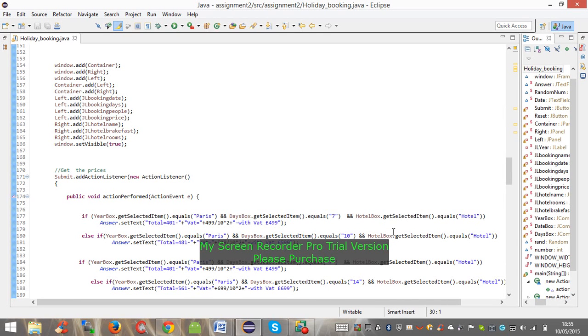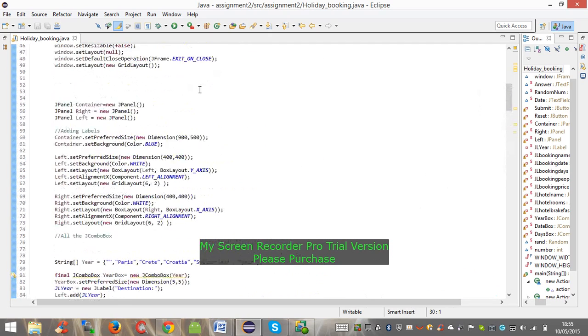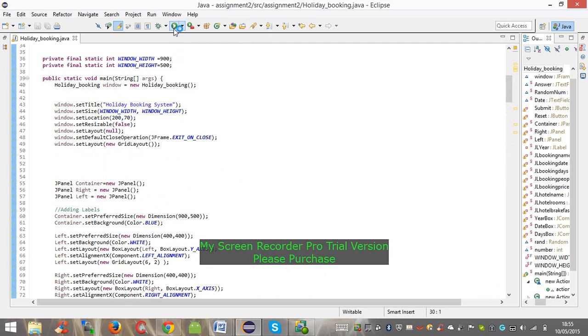Okay, today I'm going to be explaining the system I've made, the holiday booking system. First, I'm going to show how it's operated. After that, I will show how it is working. I will then show how my code works. Before I start off with anything, I'm going to start with the demo, and I will just show you